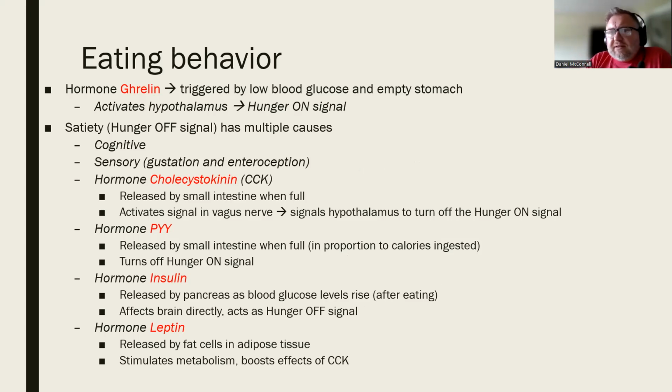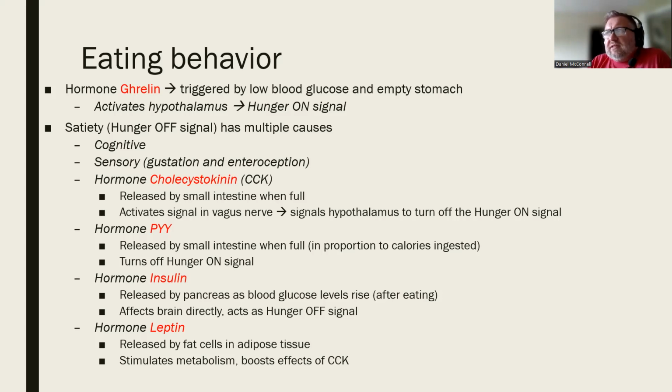So what are the actual mechanisms here? Well, when our blood sugar, as I said, slowly drops, the longer it's been since we have eaten, the declining blood sugar is detected, and this results in the parasympathetic nervous system in the gut producing a hormone called ghrelin. Ghrelin is also even triggered by an empty stomach, right? But it's also more about that low blood sugar. And that's going to then activate the brainstem and the hypothalamus. We're going to activate that lateral hypothalamus and get the hunger on response. So we're going to start eating, right?